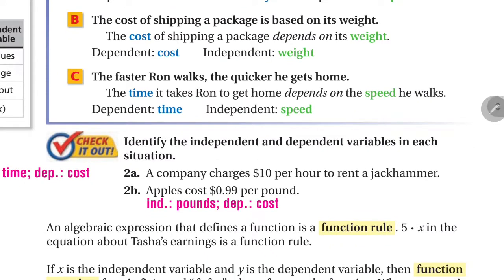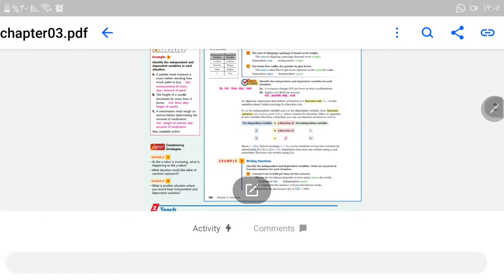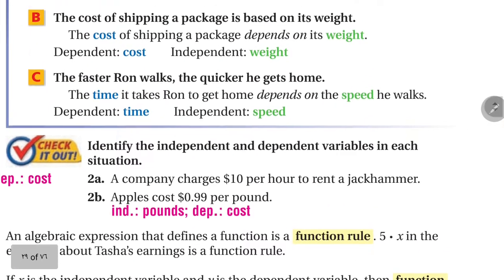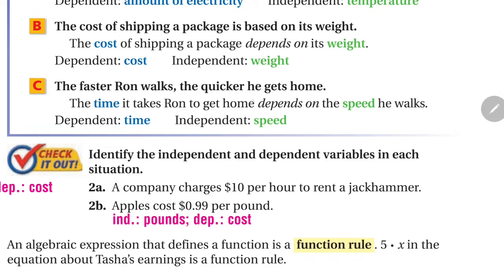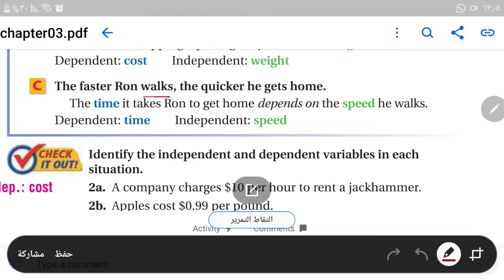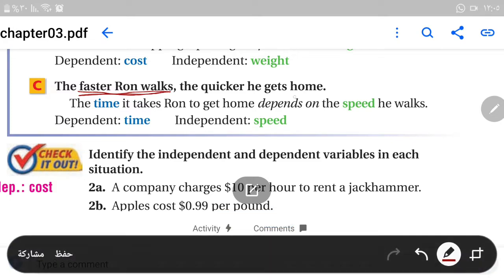In situation C, the faster Ron walks, the quicker he goes home. Okay, the situation wants to tell us that if you walk faster, you go home quicker. So what happened first? I walk faster, then I reach home